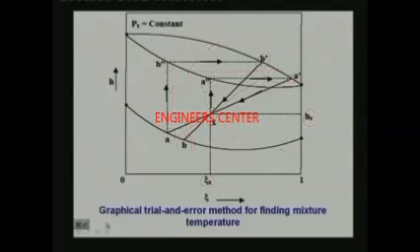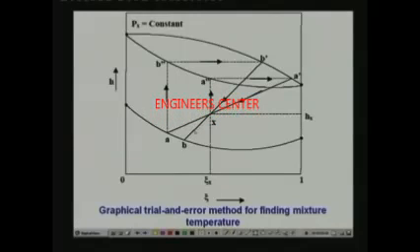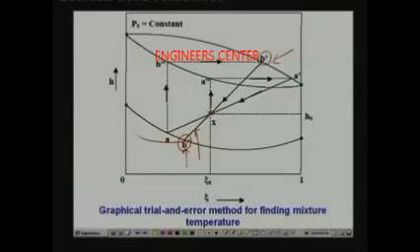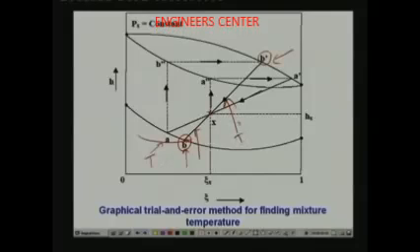So, how do you find the temperature from this method? Let us say this is the converged line, that means this is the line which gives the isotherm, because you know that this point is an equilibrium mixture consisting of saturated vapor and saturated liquid. Okay. That means this one has got to be the equilibrium line, and the temperature in the subcooled region which meets this point has to be the temperature of the two phase mixture also. Okay. So, you have to read this temperature. This temperature is the same as this temperature. Okay. So, this is the procedure,